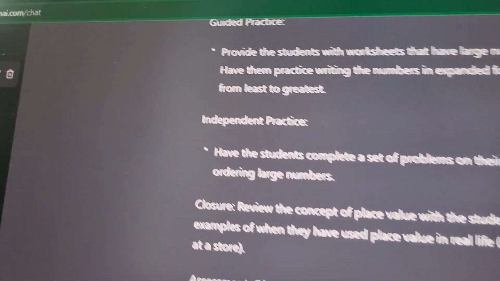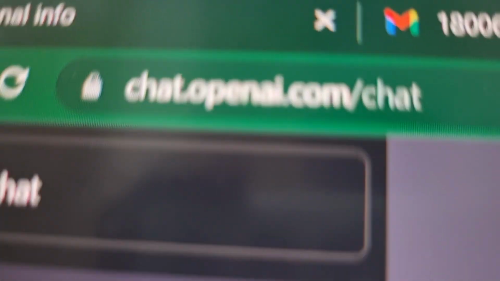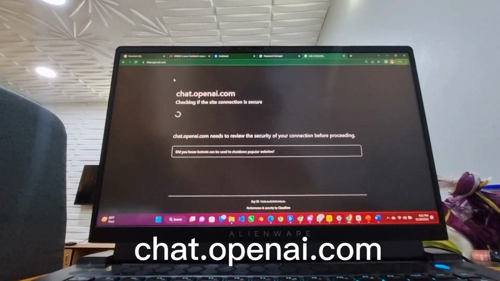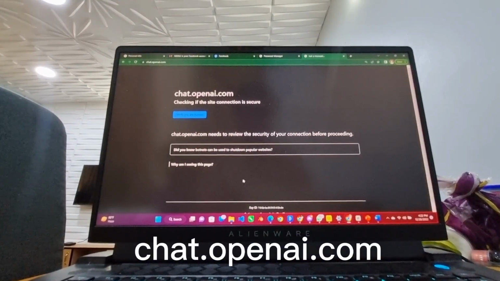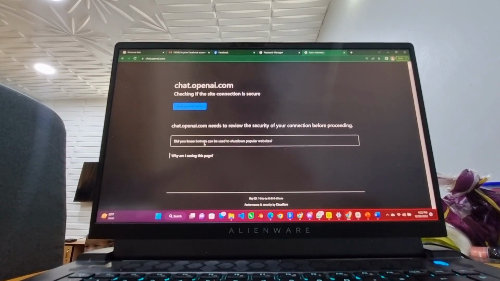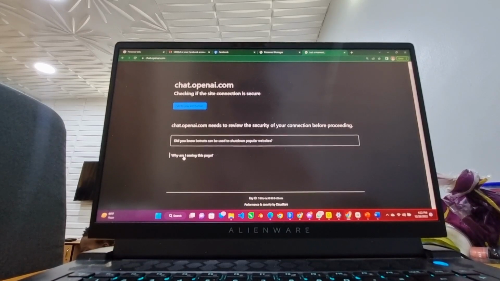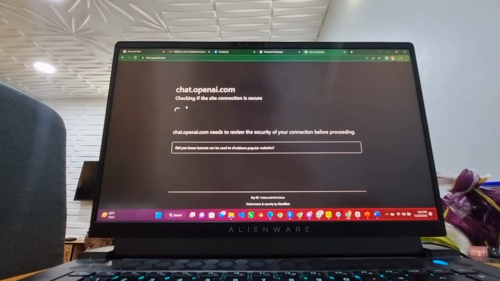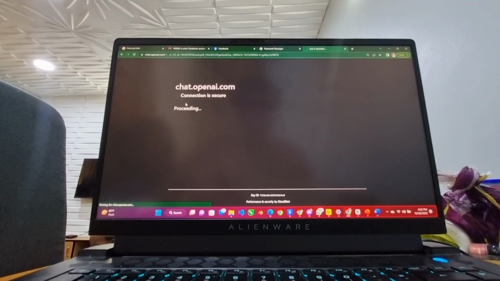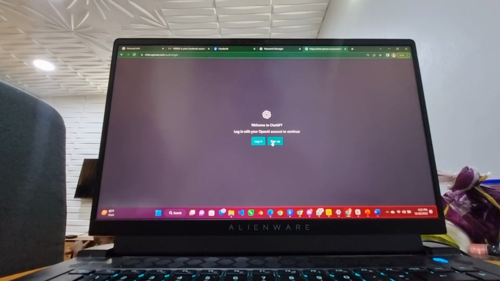Let me quickly teach you how to start up your ChatGPT. So what you need to do is to search on Google Chrome chat.openai.com. This is the ChatGPT where you can ask questions, and this can be used to generate a lot of answers. I've used this, and this tool is actually the best so far for now for any content creator, even